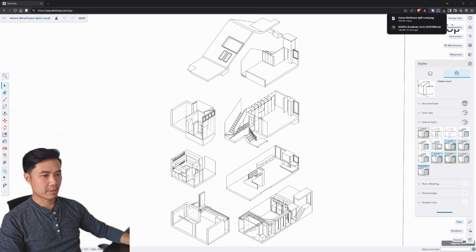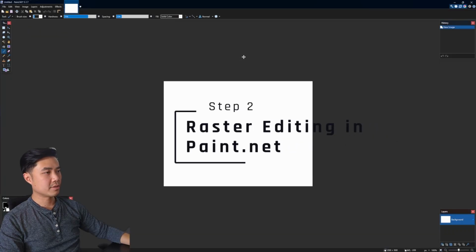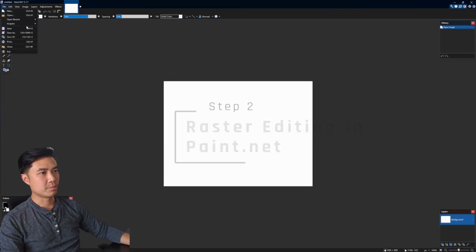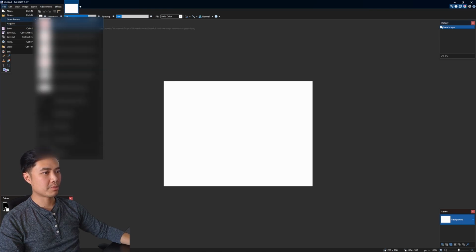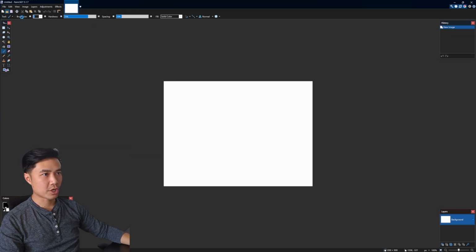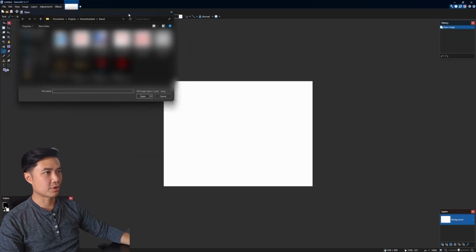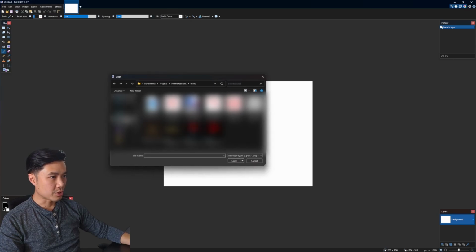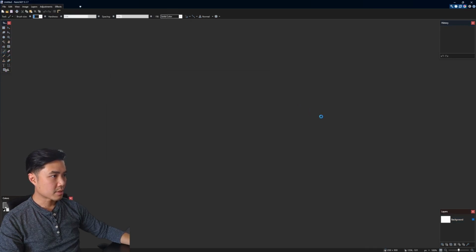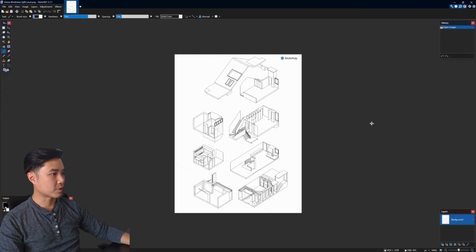So the next step is paint.net, which is another free tool, but probably people are much more familiar with Photoshop. If you want to use Photoshop, I'm perfectly sure that there's no issue with that. So here we import the image I exported from SketchUp, and here we can do a couple of touch-ups. So we can get rid of the SketchUp logo,